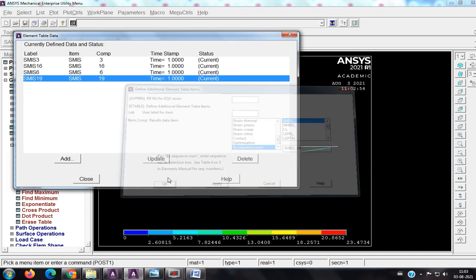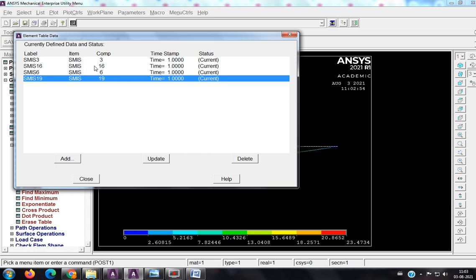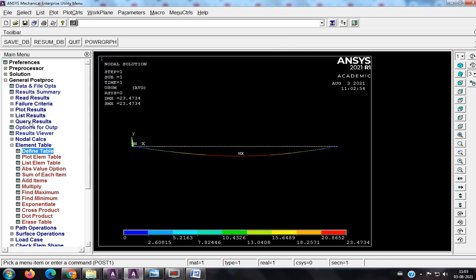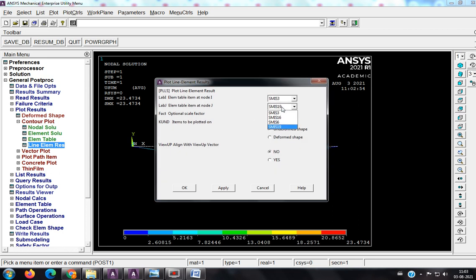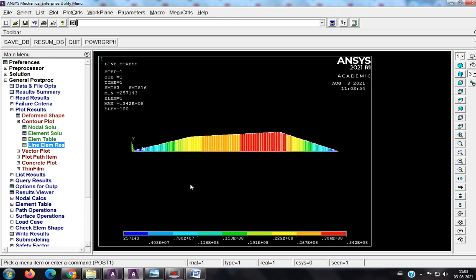So 3 and 16 is one group for the bending moment diagram, 6 and 19 is another group for the shear force diagram. Close it. So plot results, line element results, 3 and 16. Okay. So this would be my bending moment diagram, right?